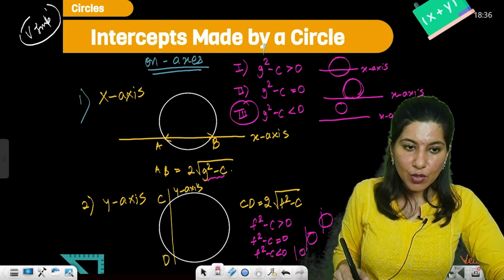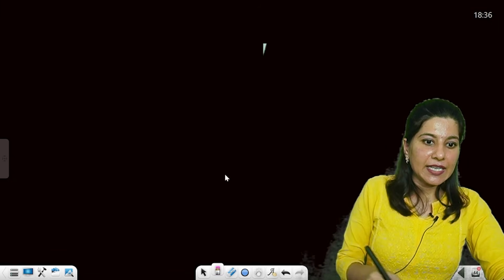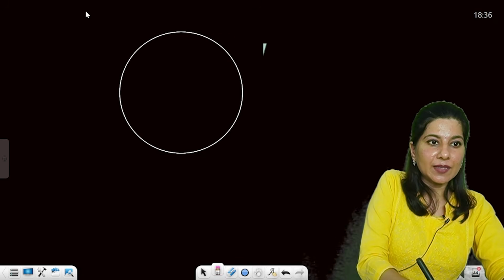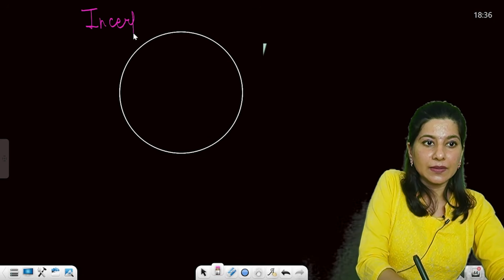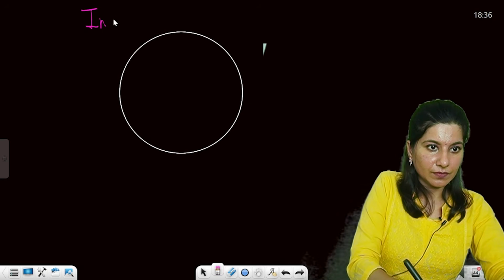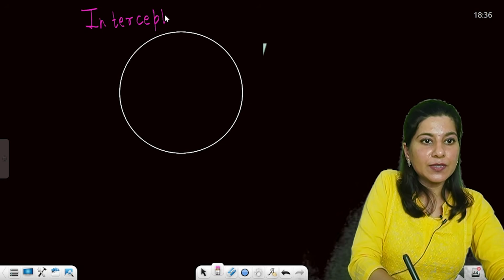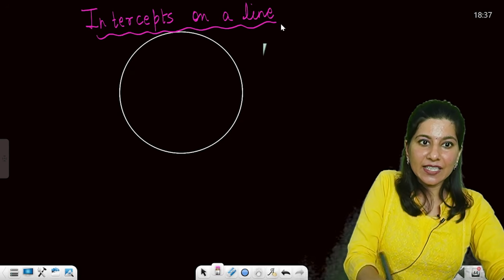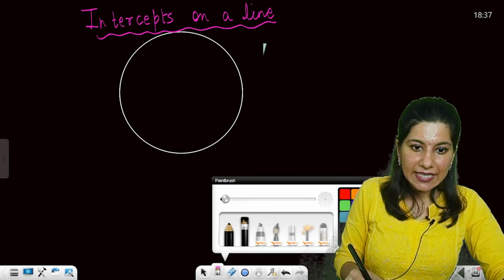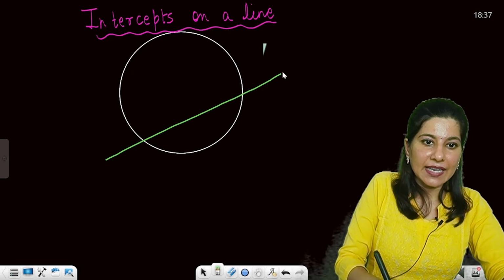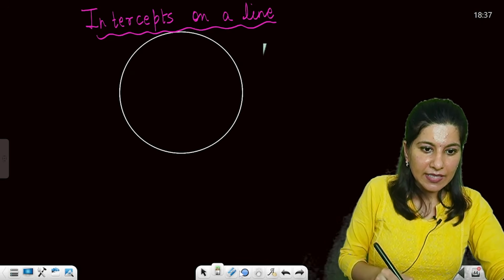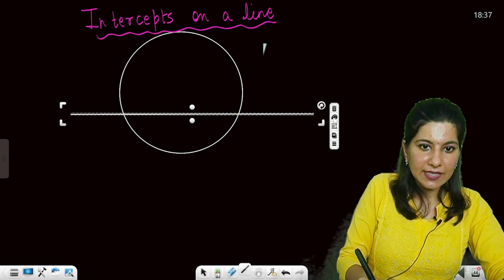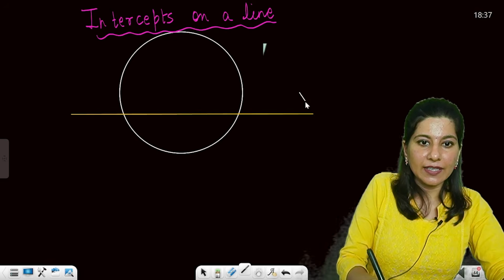Okay, now one more concept. If a circle is, so the topic, let me write intercept on a line. Intercepts on a line. Okay, so suppose a line is given to you. Now a line is given to you, right? So the line is this L, or rather let me draw a line like this, so that you understand nicely. Yeah, this is your line. Okay,